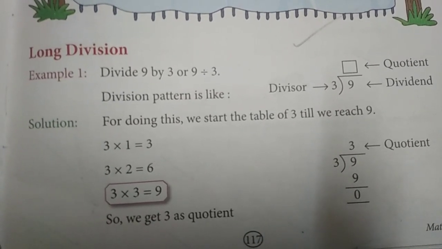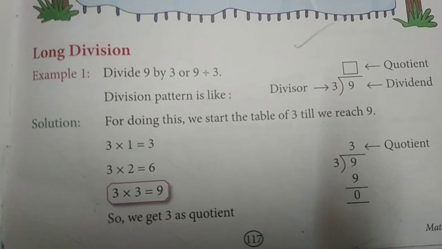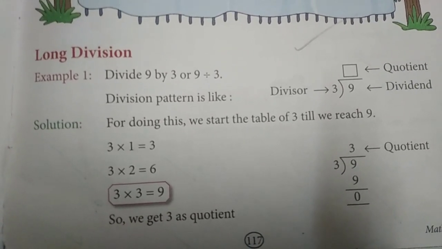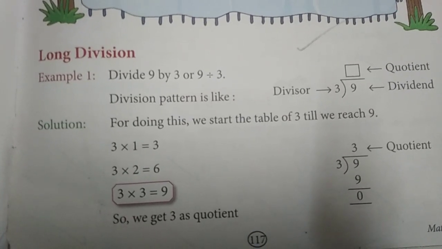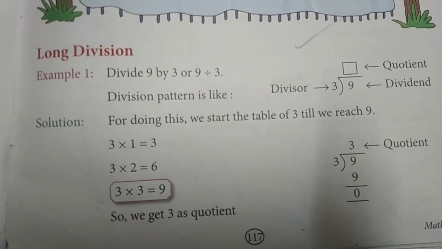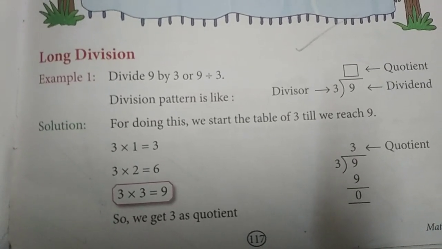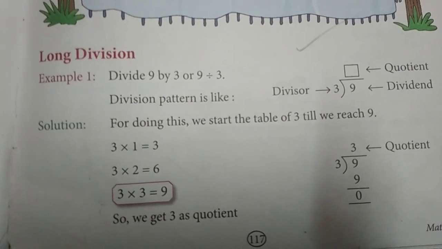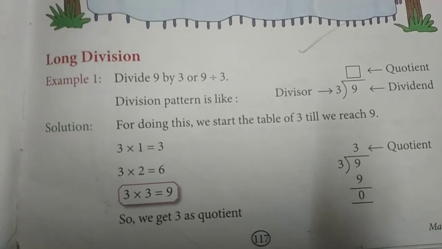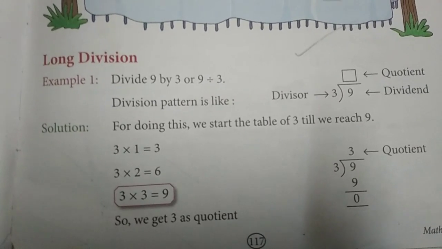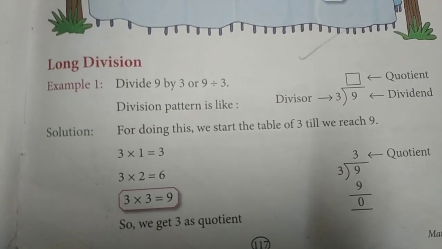So, we have learned about how we can divide two numbers by using repeated subtraction method. Yes or no? Yes. We have to subtract the number by the number to be divided till we get 0. Right? And how many times we have to subtract till we get 0? That is the answer or quotient. Yes or no? Yes. We have discussed about that.